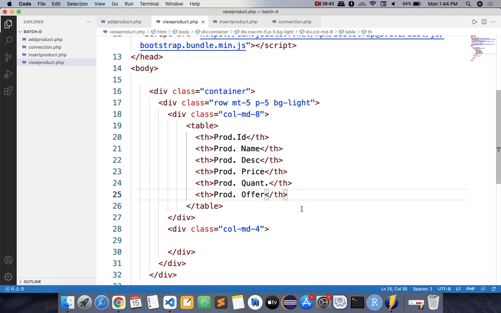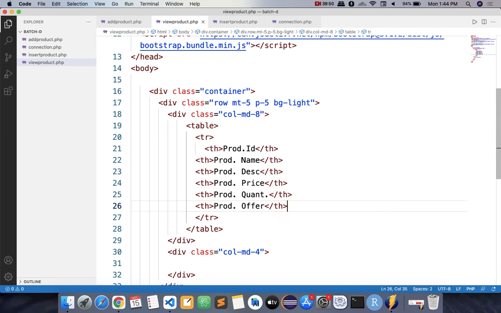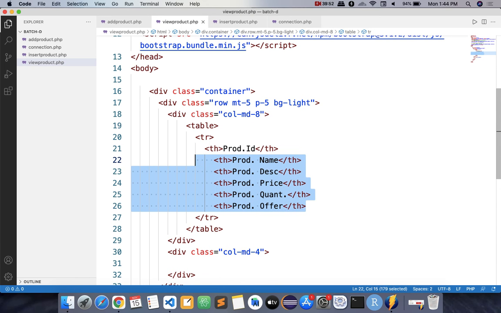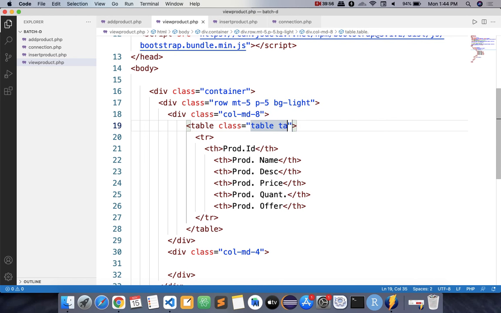And done. But under this this must be in a row, right? We forgot to write row, and inside that row these are the sections. What is the class for the table? Table, table-bordered. Done.